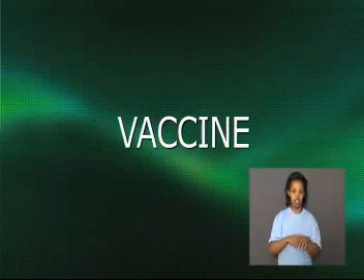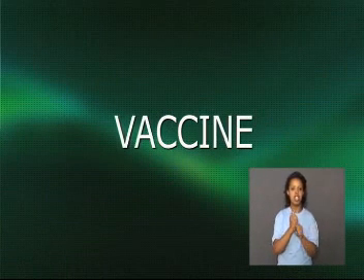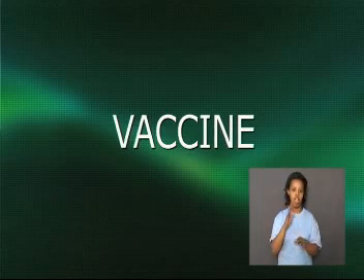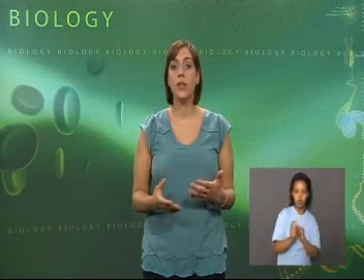Biologists have also been working on the development of a vaccine against HIV. A vaccine would provide immunity. However, the challenge to this development is that HIV is an unpredictable virus that changes quickly. Also, different strains of HIV affect people differently. It is difficult to develop a vaccine that provides immunity for all forms of HIV. But there is hope.